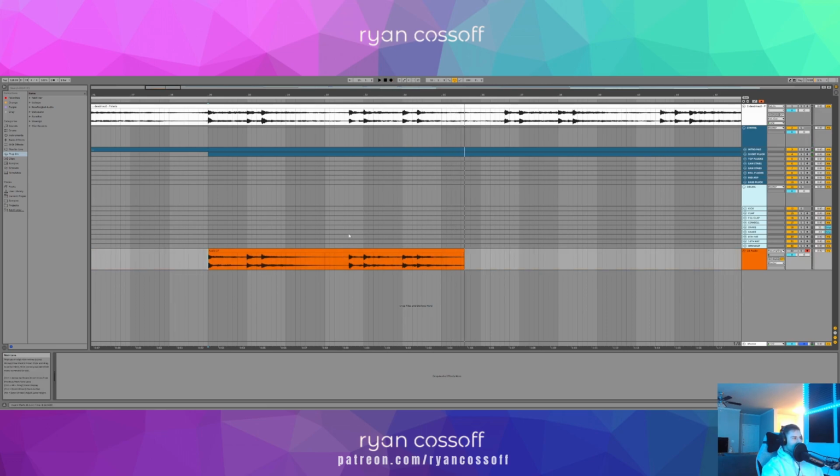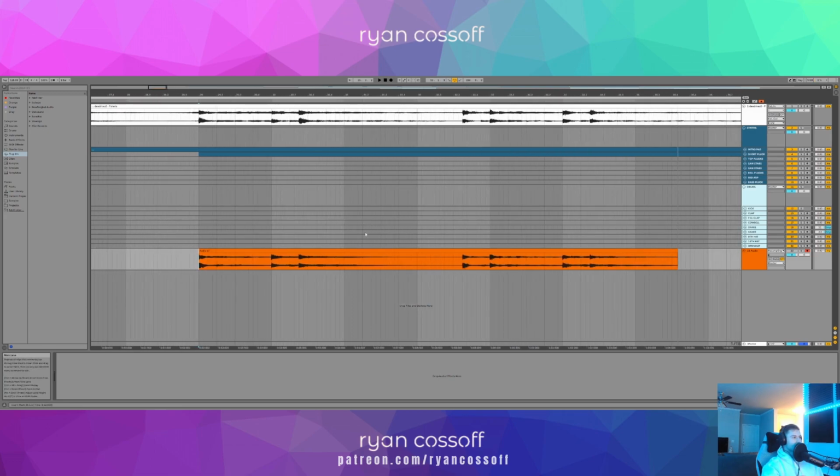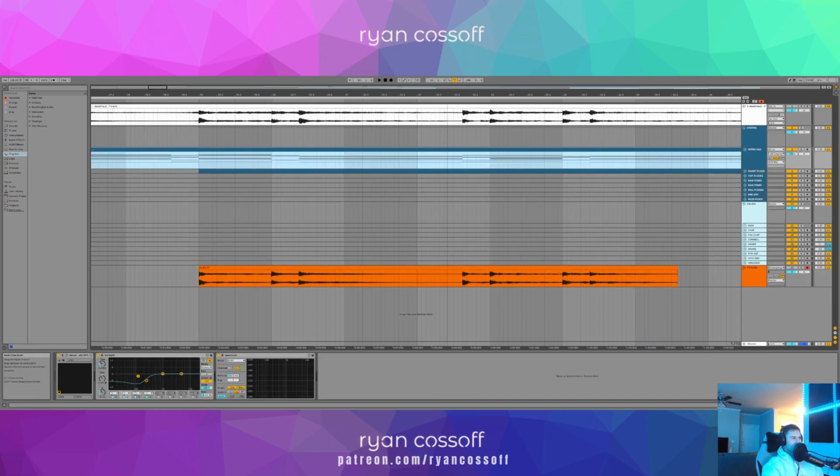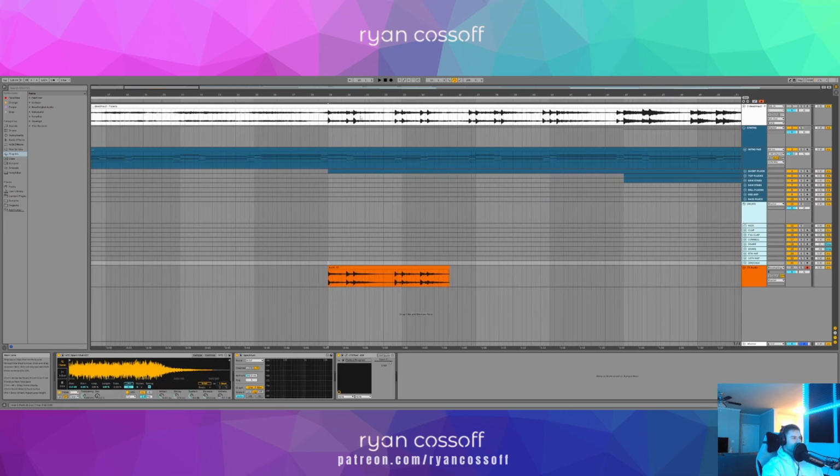So I'm seeing that we are looking pretty close to deadmau5's track. Our pluck shape is looking pretty similar. One thing to note, this intro pad I haven't really worked on too much at all. I think it's probably a preset that he used, but